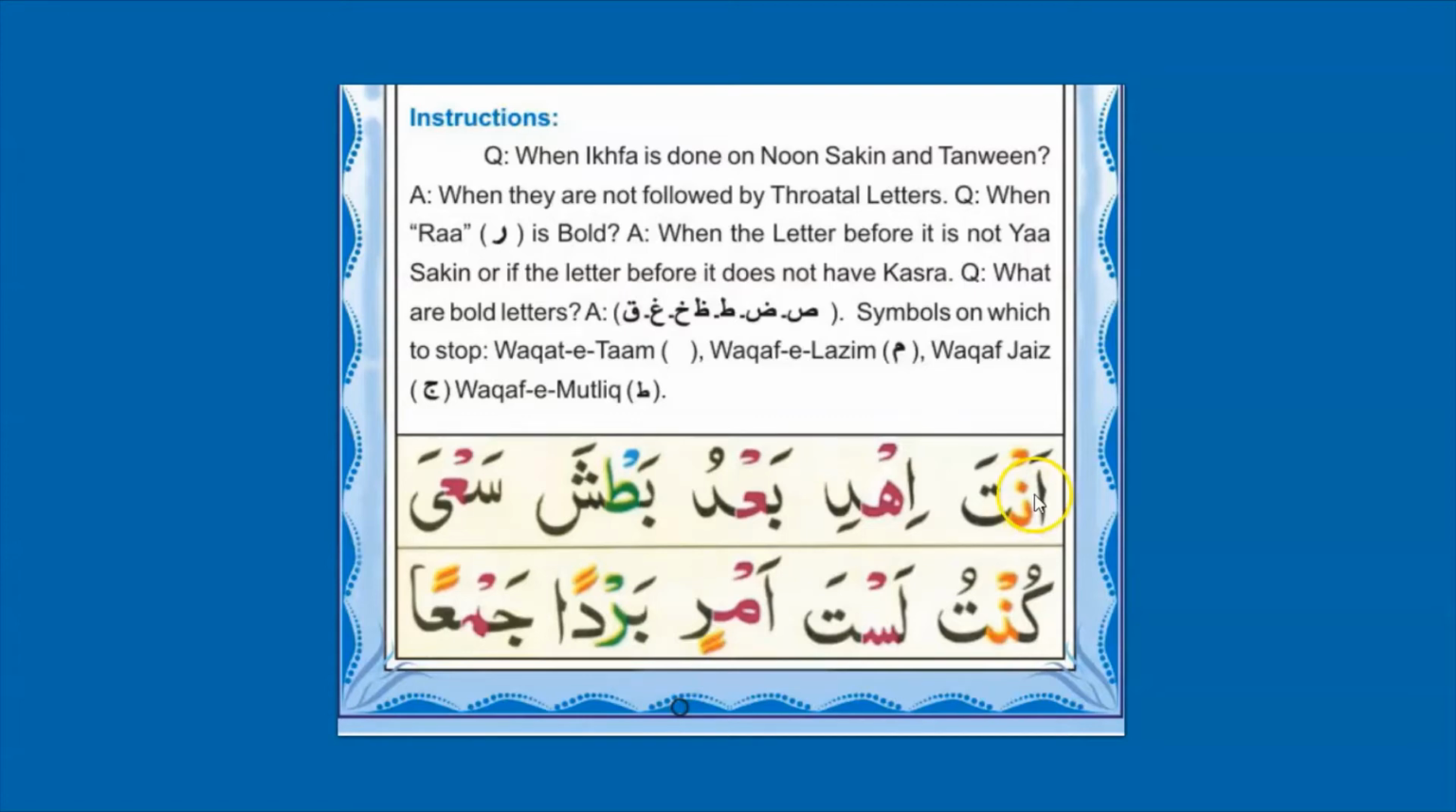So that's how we will say it if there is Noon Sakin and Tanween, and after Noon Sakin and Tanween there is no Hurufi Halqi, the six throat letters. So what will we do there? Ikhfa. So Anta,